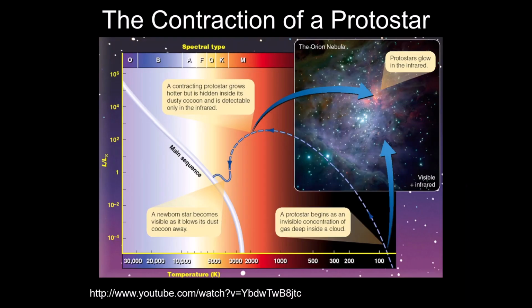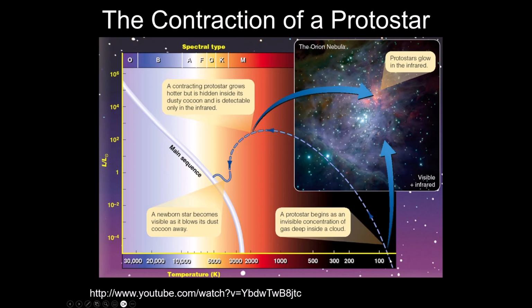So, all right, let's keep track of this on an HR diagram. How we are going to see the whole process take place is by tracking the change of properties on an HR diagram. If we try to imagine what these clouds are like when they initially get triggered into star formation, we would expect to see them on the very bottom right of the HR diagram. In fact, I had to stretch out the HR diagram over here to explore a region that we never really see stars in, because stars never get this cold and faint.